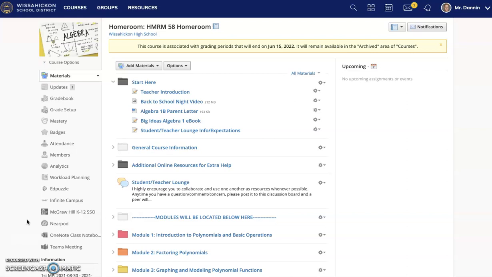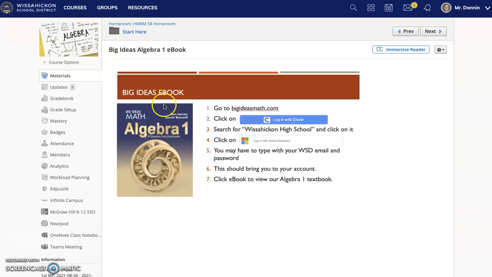Within this section, I also have directions for accessing our ebook as well as a direct link to this page. When students ask how to access it, rather than having to go through this with each individual student, I will point them in this direction. The slide can be explicitly shown and is similar to the slide that I have used in in-person instruction in the past.